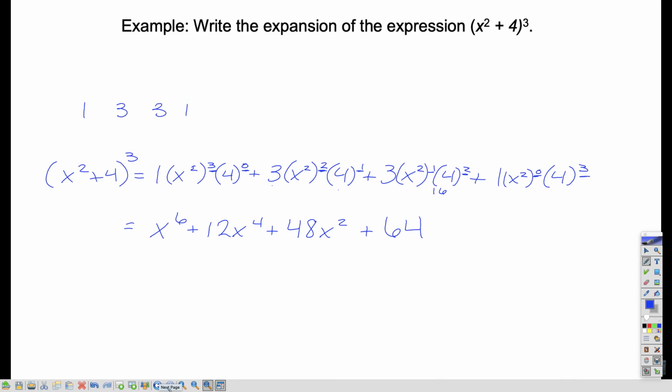Okay, so that's what we're doing today. If it tells you use the formula, use the formula. If it tells you use Pascal's triangle, use Pascal's triangle. Now, I would hope